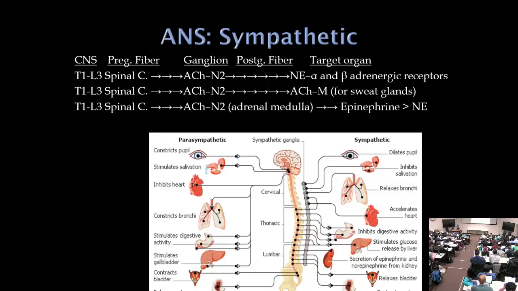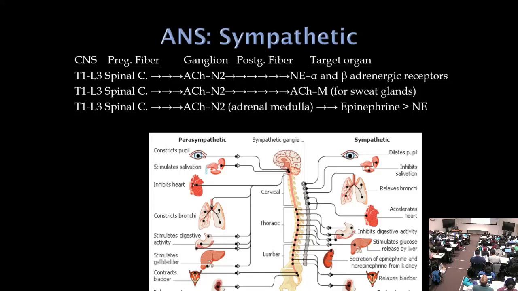All right, so the sympathetics here, of course, also the preganglionic fiber and ganglion, it's acetylcholine nicotinic, but now the N2 receptor. But now out here on the target tissue, it's predominantly norepinephrine and some epinephrine if we're talking about the adrenal medulla. Okay, so it's just the opposite, of course, of what the parasympathetic system is doing. But really important here, the one exception is that sweat glands are supplied by the sympathetics, but they utilize acetylcholine